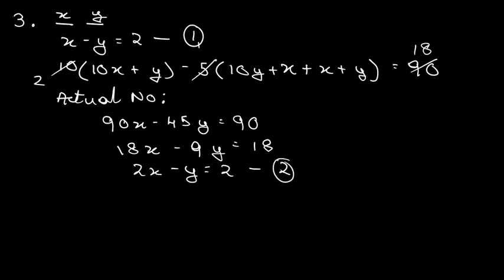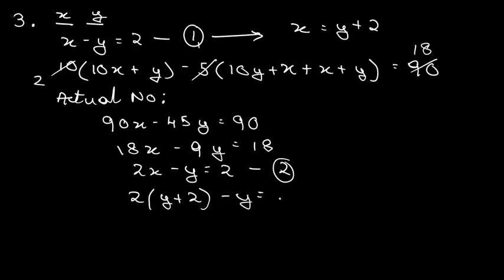What we can do? We can just easily substitute the values. We can take the value of x and substitute it as y plus 2. So in place of x, I am just substituting it. We can write x is equal to y plus 2. Clear? x is equal to y plus 2. So in place of x, I am just putting y plus 2. So it will become 2 into y plus 2 minus y is equal to 2. Now you can easily find the value of y. It will be 2y plus 4 minus y is equal to 2,